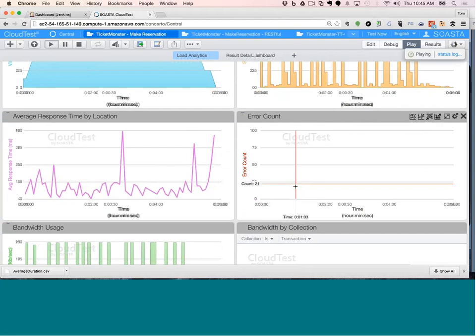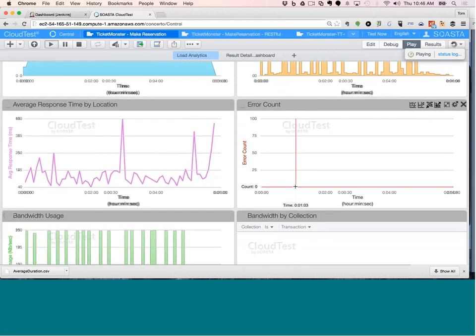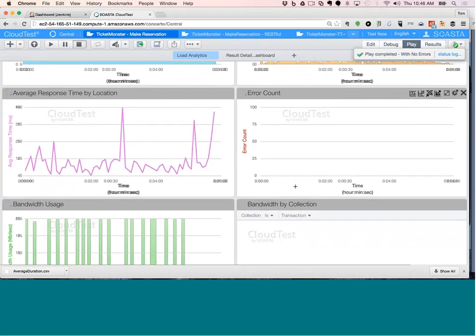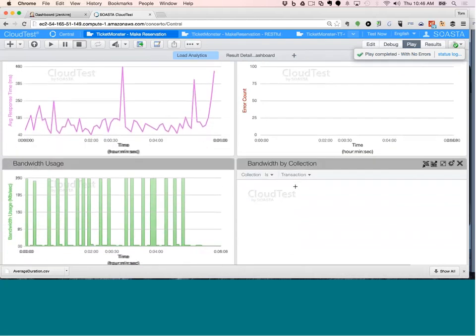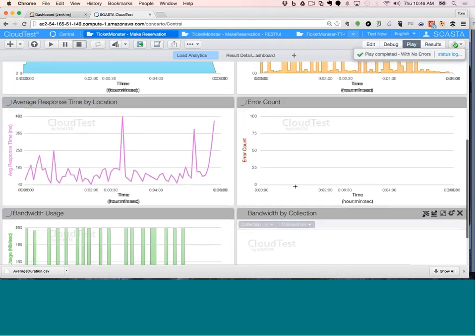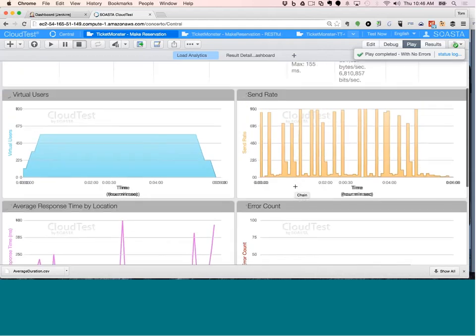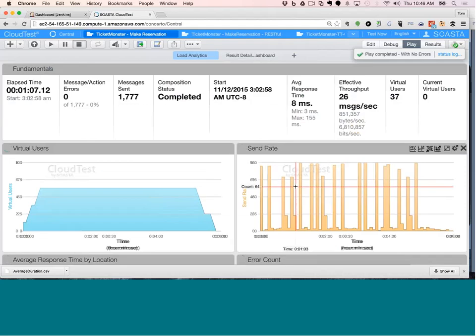The great thing about CloudTest is it can generate load directly from the server it's running on up to 100 users, or it can start to access cloud provider partners such as AWS or Google or GoGrid or Rackspace, or any place where you would have either a cloud provider account or you'd have a desire for their locations to be generating load against your site. These would then mimic the real users accessing your site and would be able to show your application being able to perform with larger and larger numbers of simultaneous users.